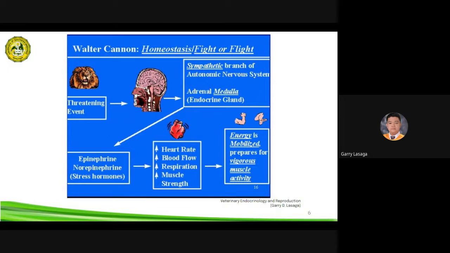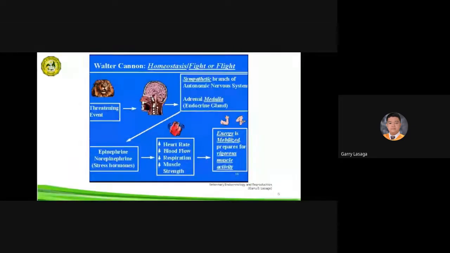So in the brain, we have a part of the brain that is known as the amygdala, and this is the part of the brain that will perceive the sense of fear to that particular stimuli. So the amygdala will respond by sending signals to the hypothalamus. And the hypothalamus will be the one that will be responsible to stimulate the autonomic nervous system. So when we say autonomic nervous system, that is a part of the peripheral nervous system, that is mainly responsible for the involuntary